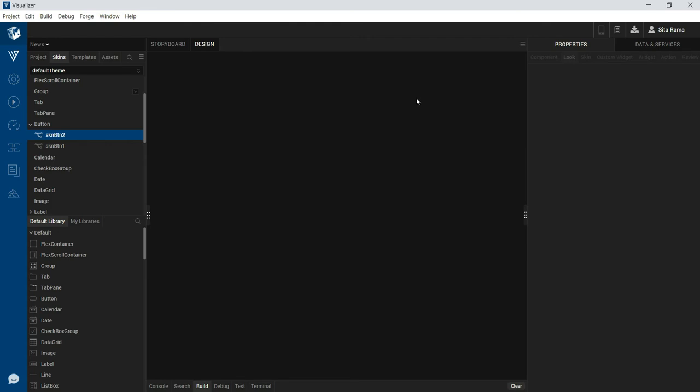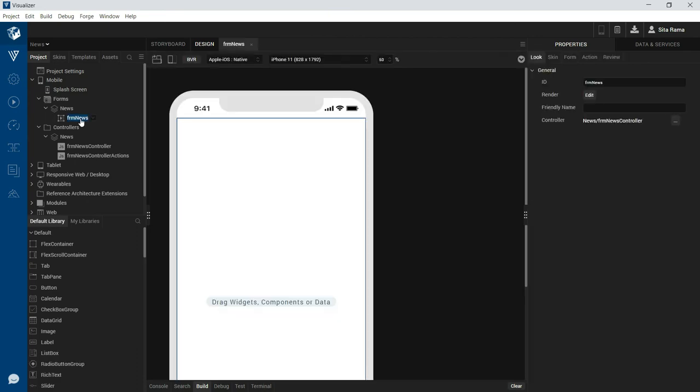So now let's start creating the layout for FRM news form. I'm opening the FRM news form.